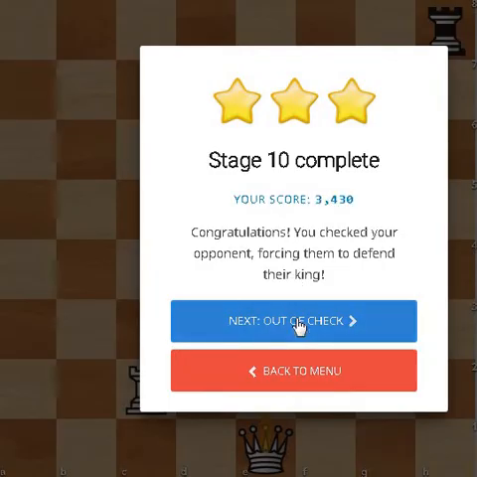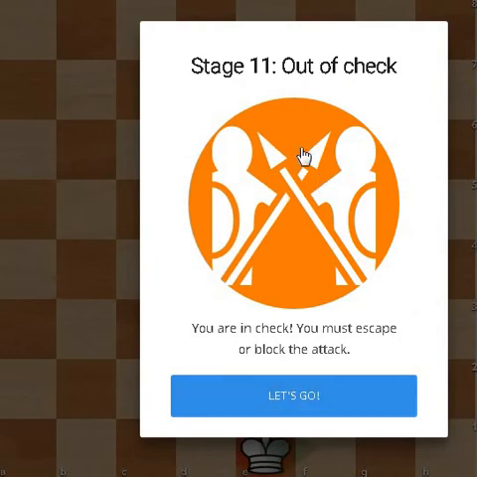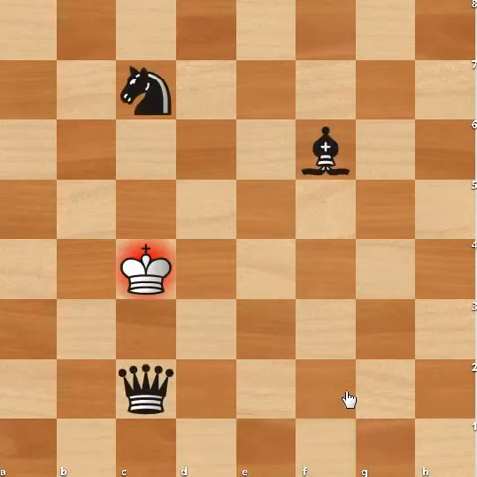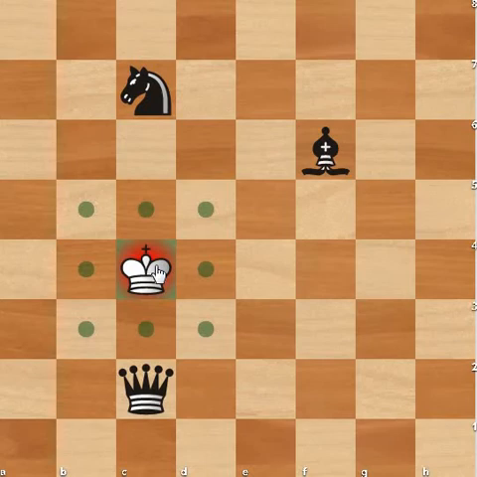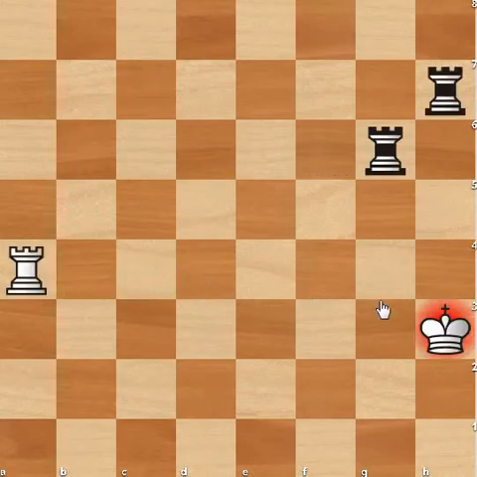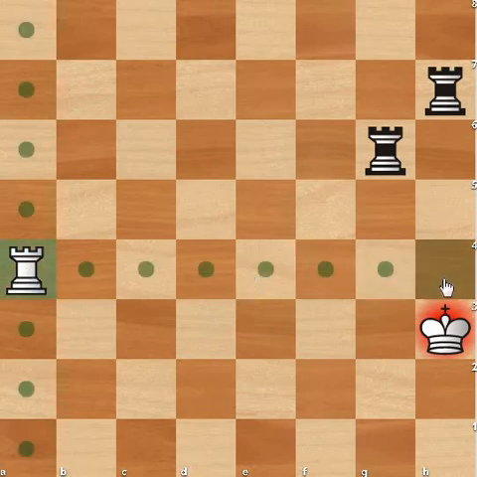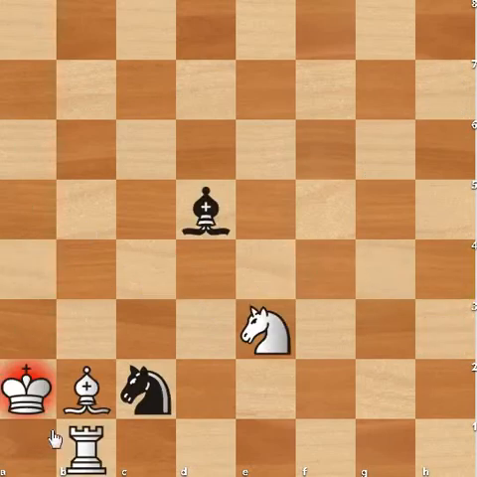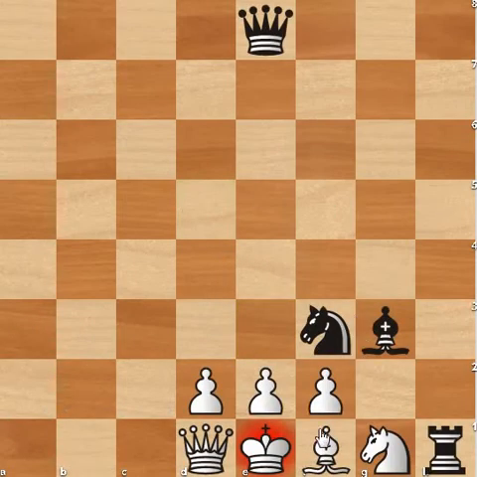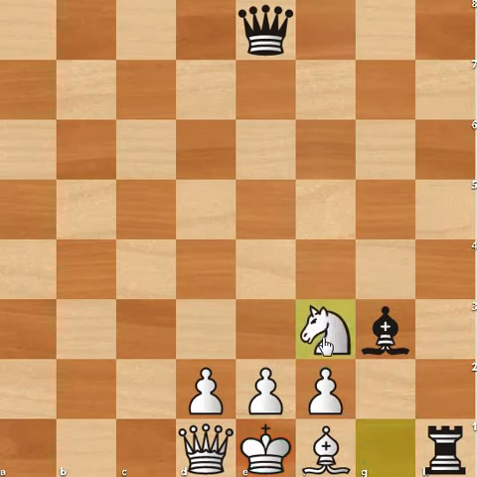So stage 10 is complete, and we will now learn how to get out of check. So here we can move our king to get out of check. Again we have this move to get out of check. Here we can play this move to get out of check. Again we can just capture the bishop to get out of check, and just capture the knight,